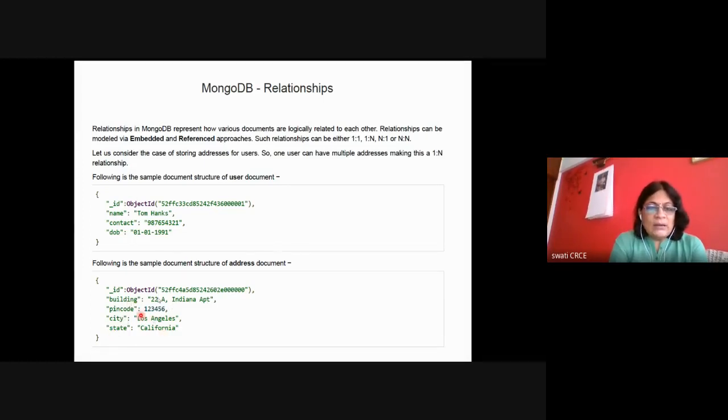All this is again a collection of key values. So address is a simple document, and we can embed this address inside the user because this is the address of the user. This can be an embedded approach.